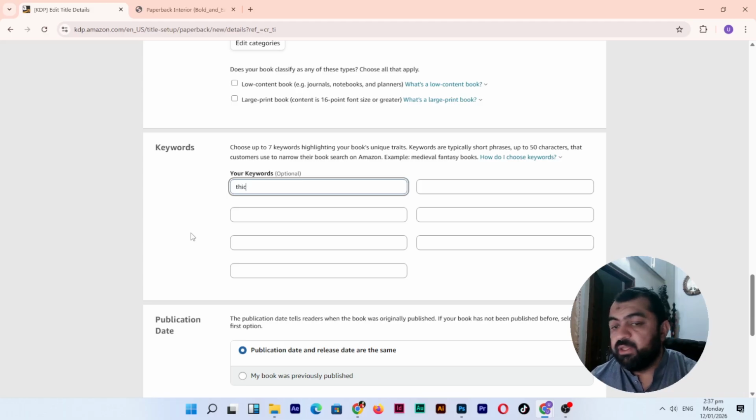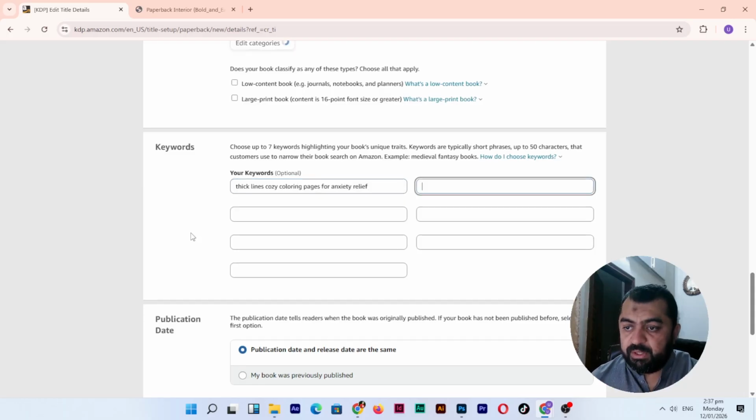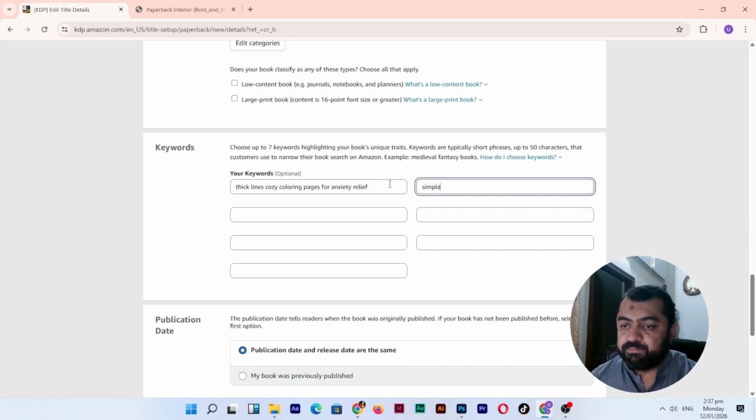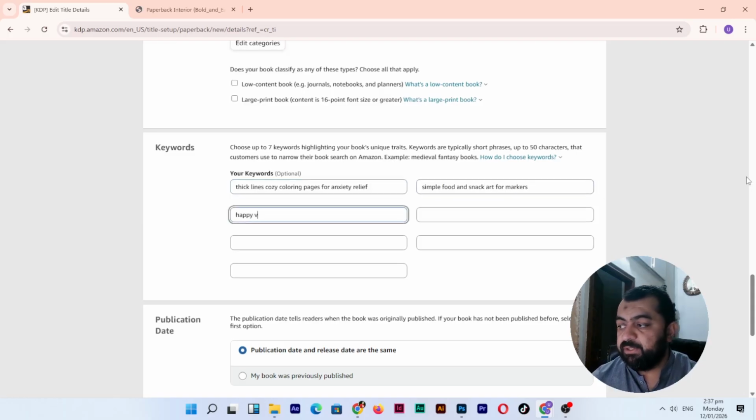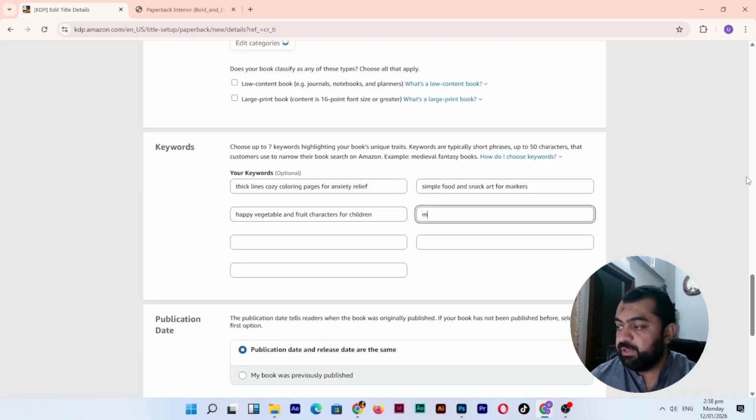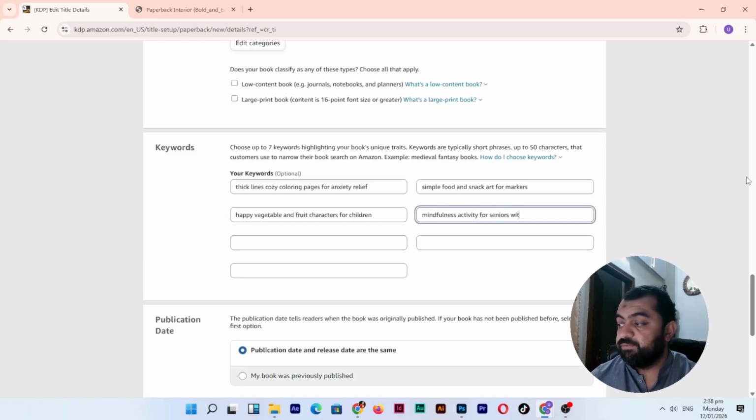related to the content of the book, as people are searching on Amazon. So for example, these are thick lines, cozy coloring pages for anxiety relief. Make sure it should not exceed 50 characters. And then simple food and snack art for markers, and happy vegetable and fruit characters for children, and mindfulness activity for seniors with low vision, and cute